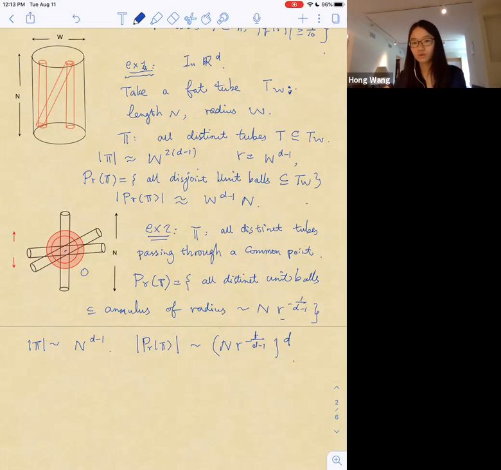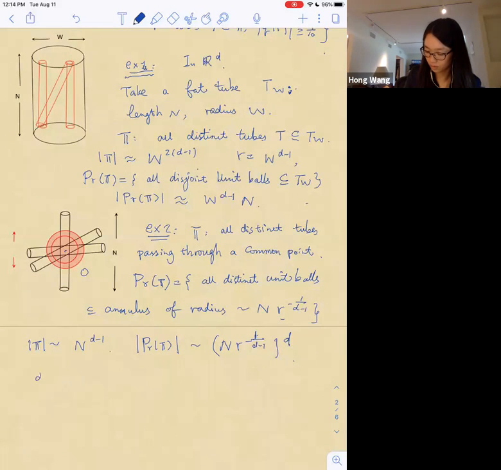So example 2 does not look as bad as example 1 in terms of the number of r-rich unit balls. But if we look at the particular case of d equals 2,